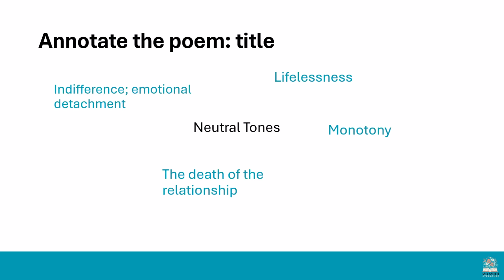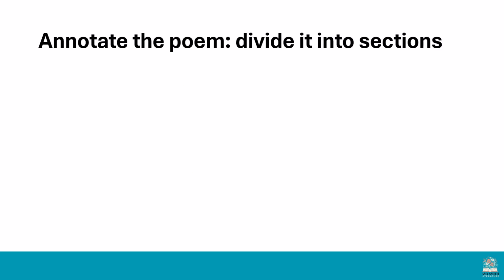Right, here are my ideas then. Neutral essentially means indifference. This is emotional detachment. The relationship has ended. I suppose we could say that the girl who's doing the breaking up is emotionally detached. She's neutral, she's indifferent towards the speaker of the poem. Or maybe the speaker of the poem has been through so much that he is becoming neutral to the relationship, or he's going to be neutral to all relationships in future. It also suggests a sense of lifelessness, of monotony. Monotony, remember, means boredom, and the death of the relationship.